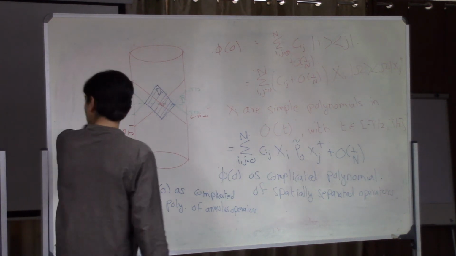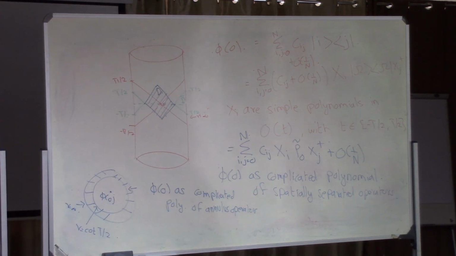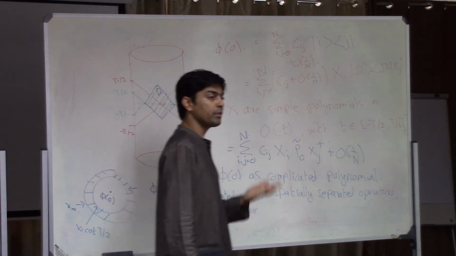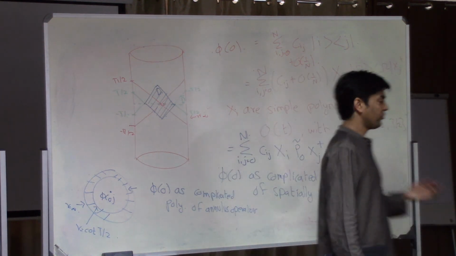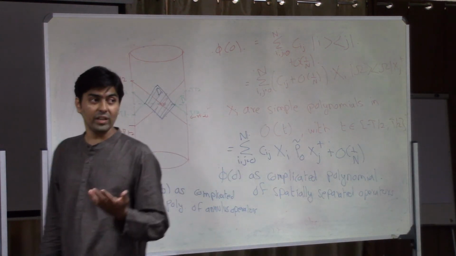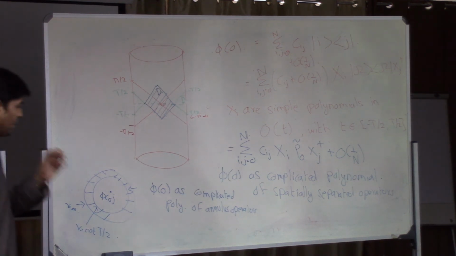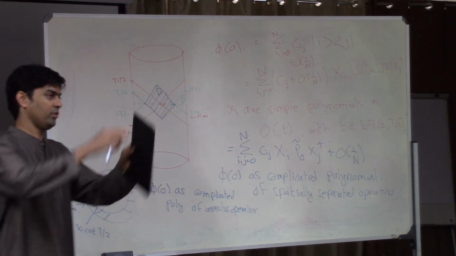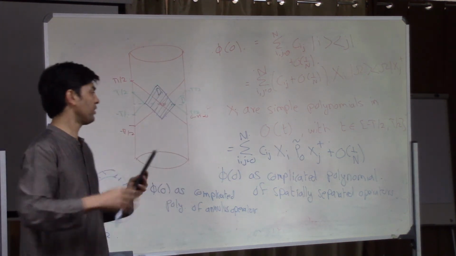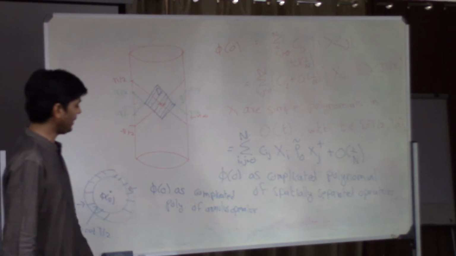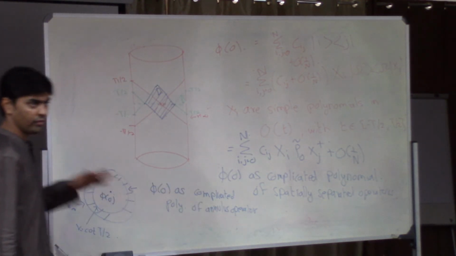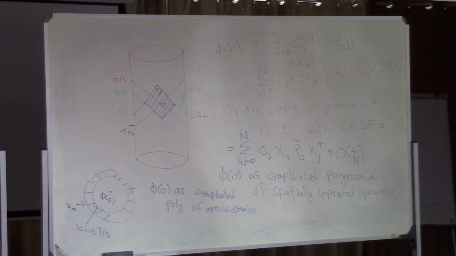In a recent paper with my student Sudeep Ghosh, we tried to analyze the behavior of string perturbation theory for a very large number of particles, and we found that if you take the number of particles to scale with G string, then even if the energy of the particles is low, string perturbation theory breaks down. In fact it breaks down precisely at the point where you expect these complementarity effects to enter if you put in numbers for flat space black holes. That might indicate, though it doesn't prove of course, that a similar formula might hold also in flat space. Okay, so that's all I have to say, and we can have more questions and discussions after this. So I'll stop here.